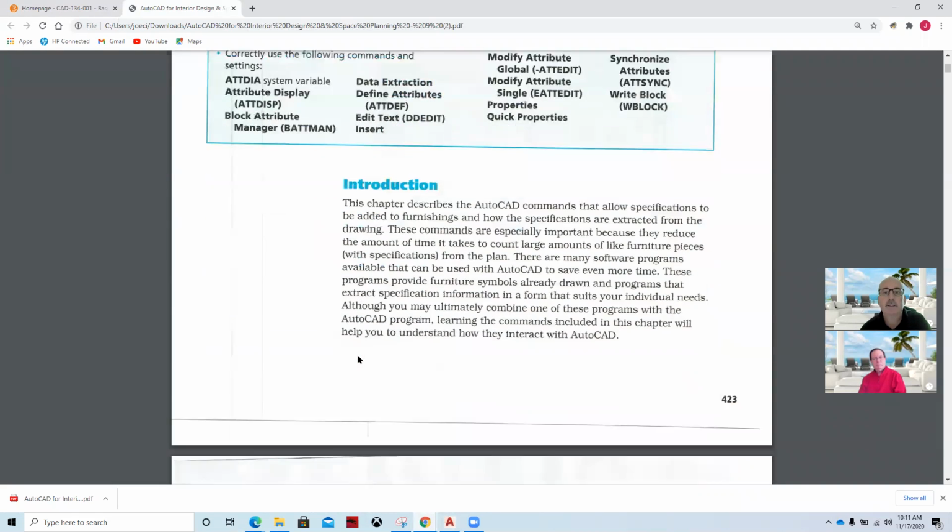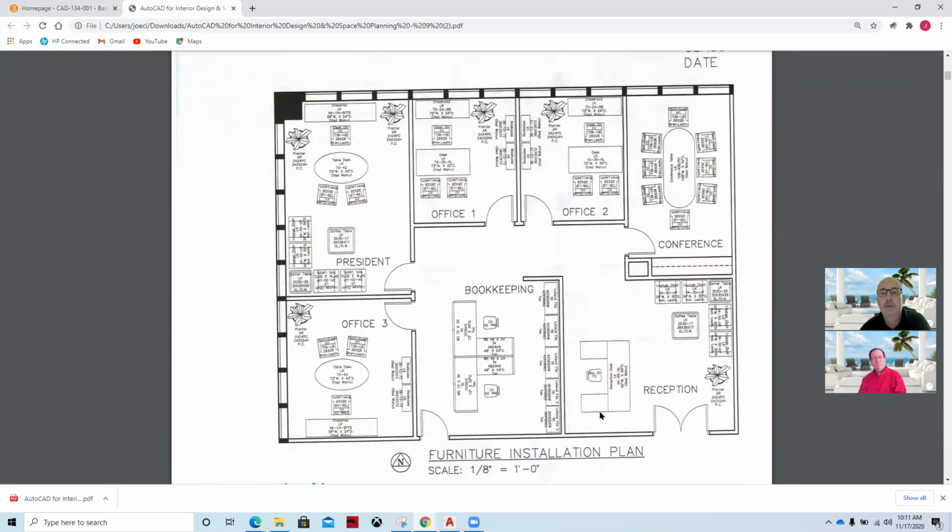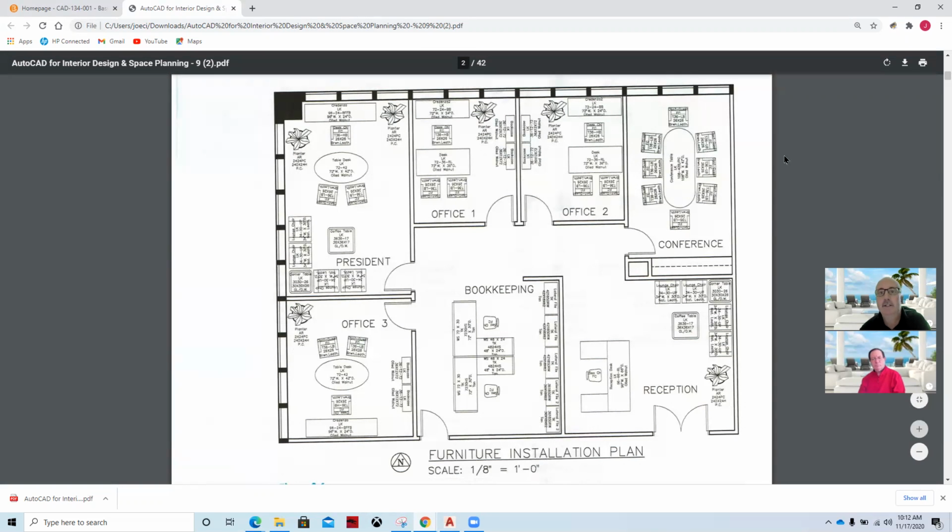And so as we look at this chapter, we have this furniture installation plan. And in the reception room, we have a secretarial desk and a chair. And then that information there